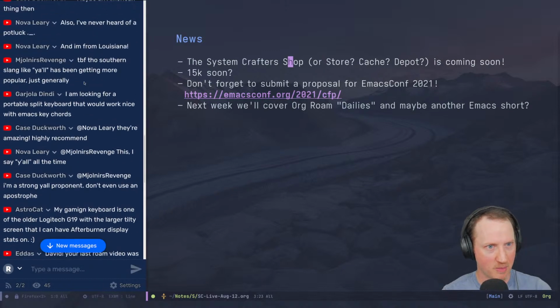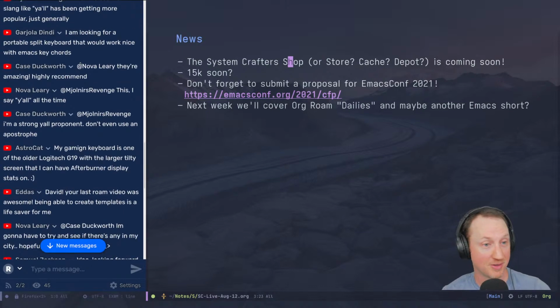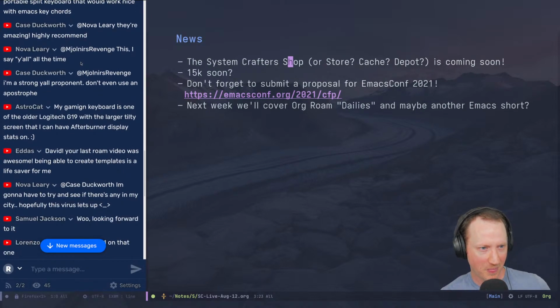There was a discussion about y'all coming back into slang. You know, I tried for many years to stop myself from saying that, so I don't think I'm going to be joining that trend. When you grow up in the rural South, you say y'all a lot, and you also have a very thick accent, and those are two things that I've abandoned. So let's stay away from that.